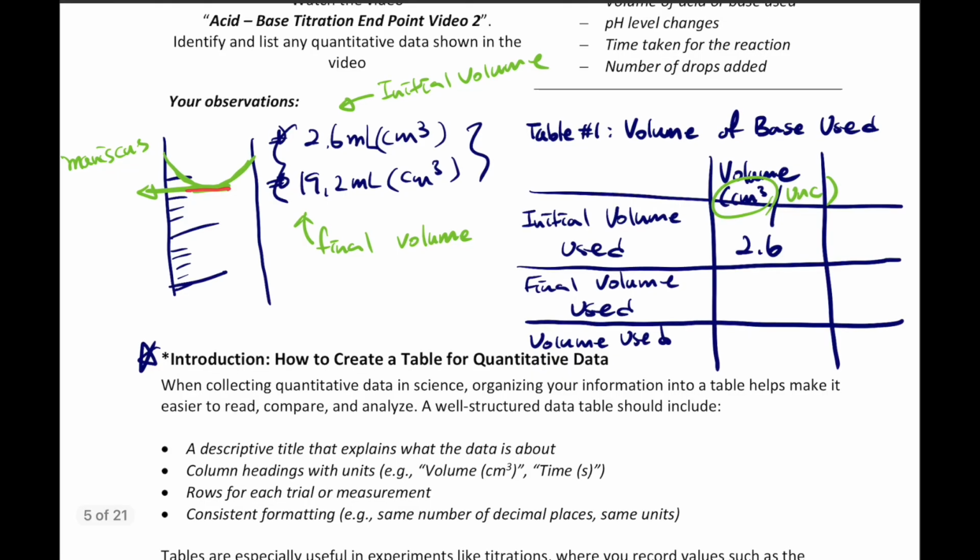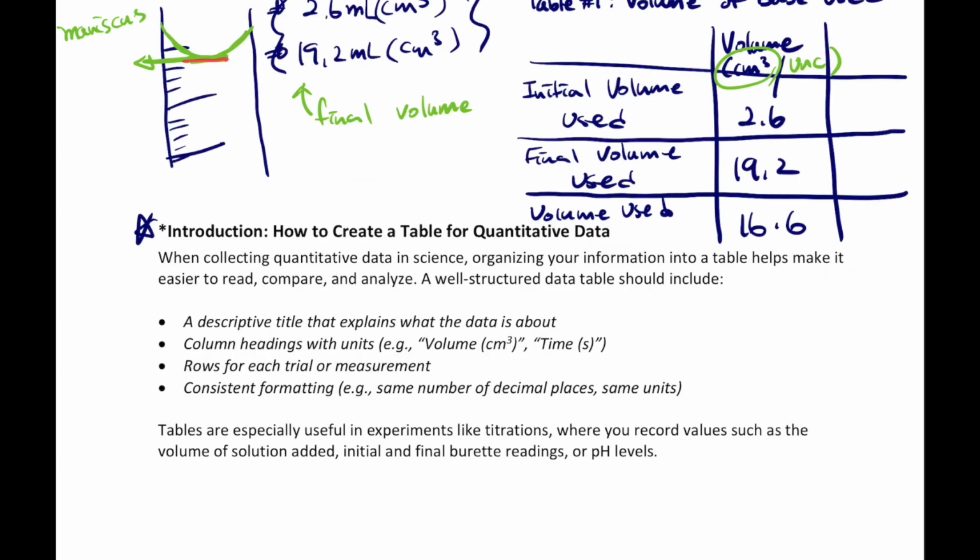And then we know that the final volume we used is 19.2. That means our volume used is 16.6 centimeter cube. And that's how you should present your volume used. Okay, so make sure you